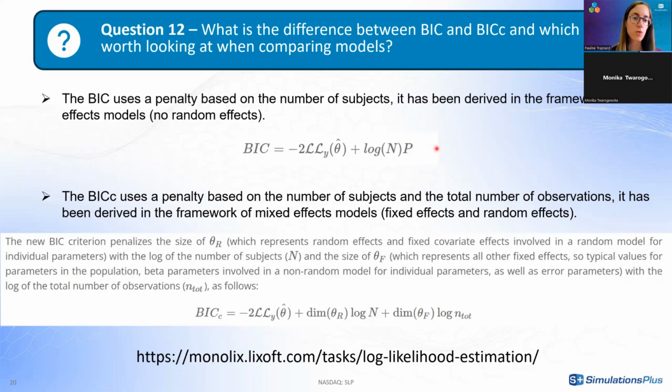The formula for the BIC corresponds to -2 times the log likelihood, penalized by a penalty that depends on the number of subjects n in the dataset and the number of parameters p. The BIC has been derived initially in the framework of fixed effects models, so without taking into account random effects. But it is commonly used also for mixed effects models, where for p, we take the total number of parameters,